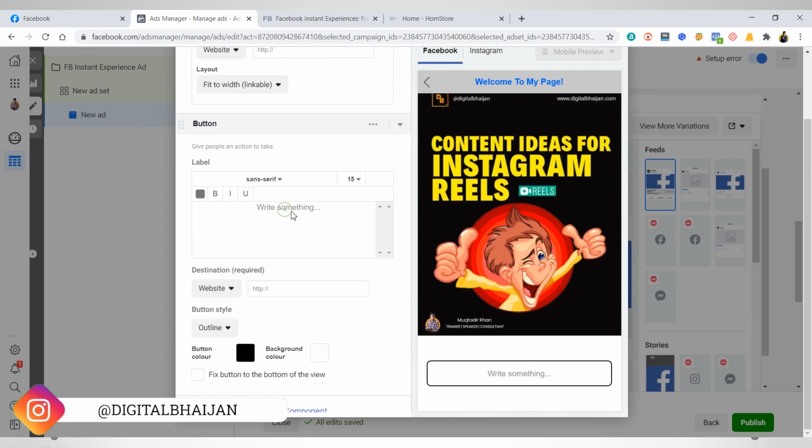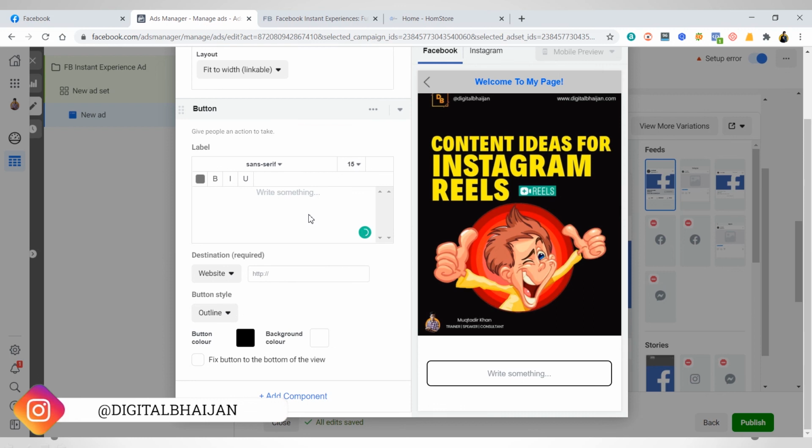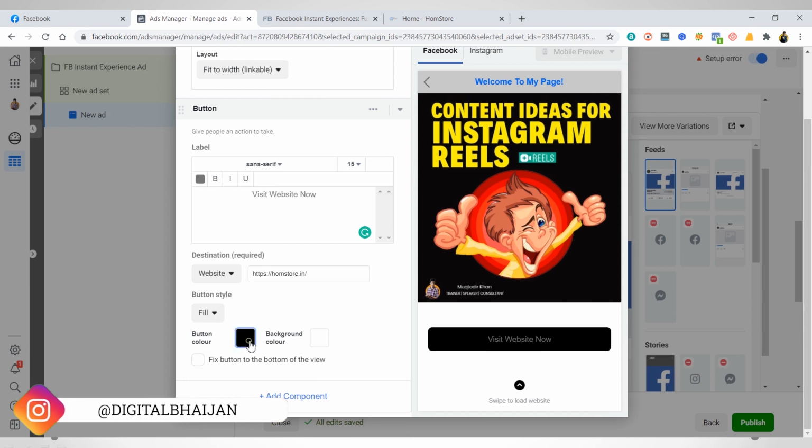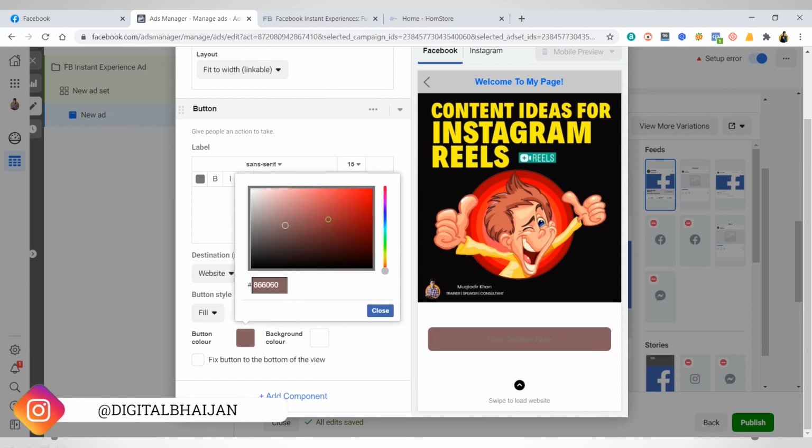Within a button section you can write anything. Let's suppose I write visit website now. So see how simple it is. You can give your website URL here, and you can change the button color and outline. Just click on this button.